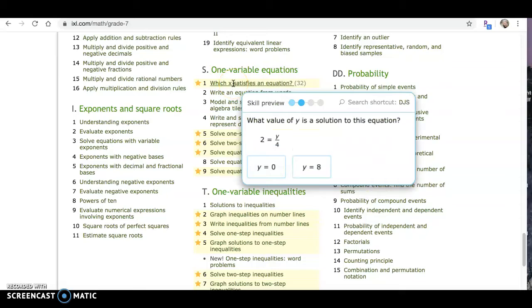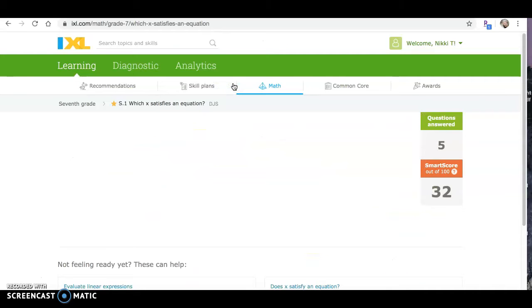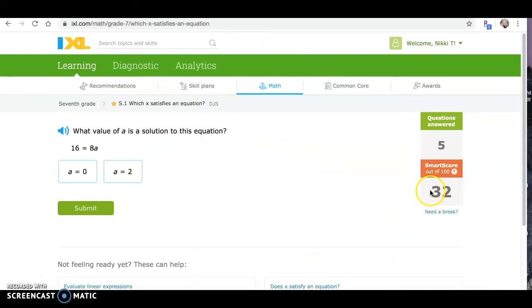So click whatever topic, it's probably best to go in order. A goal is to get a smart score of 80 for each of these. Obviously, you can work to 100, but 80 shows that you are proficient and that you understand what you're doing. So you just go ahead and work through these problems and see, as I'm getting them correct, my smart score